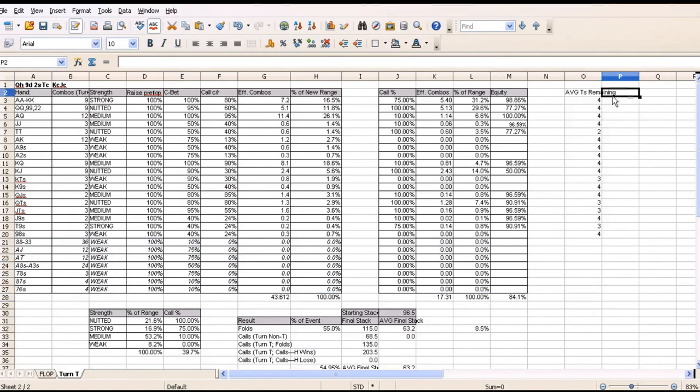Next thing we need to do is, we can't just average this. If we just average this, then it wouldn't take into account that 31% of our opponent's range is aces and kings, and only 3.5% is pocket tens. So the next thing that we want to do is basically the same thing as with this equity. We want to do a sum product,